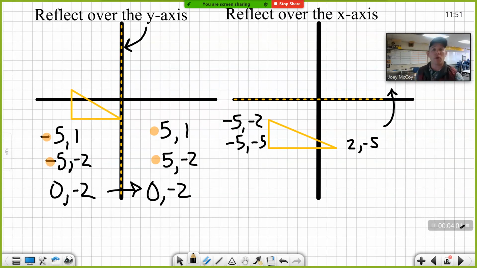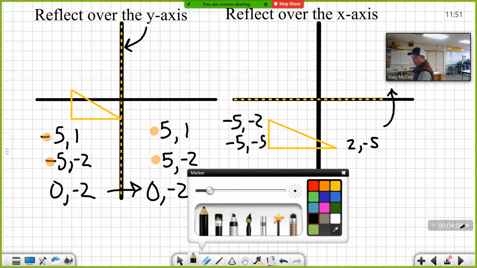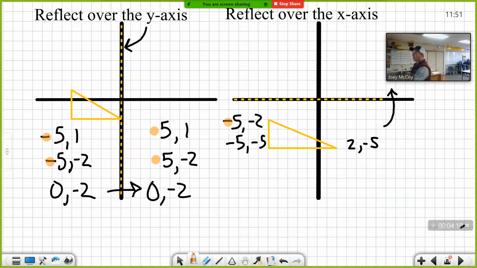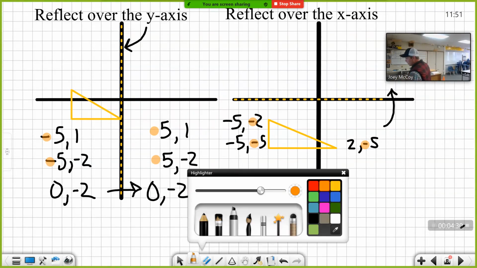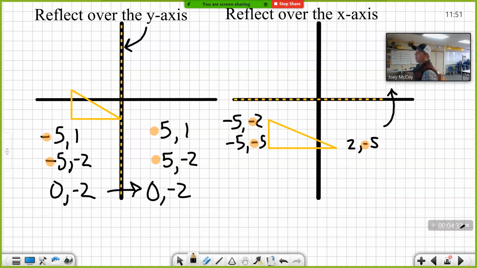Same distance away from the mirror, but what we learned in our previous problem is we can just change the sign. And so as I look at these signs, I notice, whoops, Mr. McCoy almost made a mistake. Because we're going bottom to top, we're moving up and down. That's not an x value, that's a y value. That's going to be the trickiest part in this, recognizing that we're going from bottom to top, so we change the y value. So as I change my y value, -5,